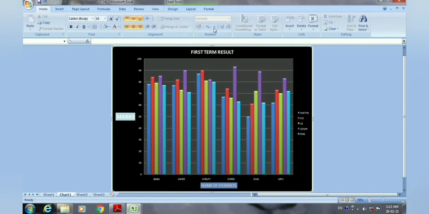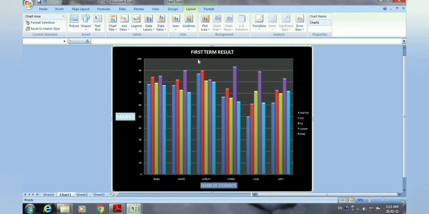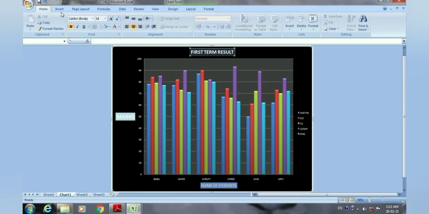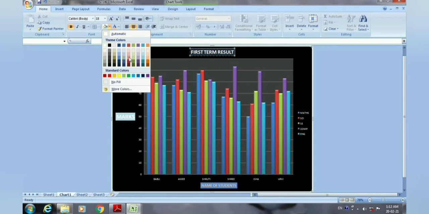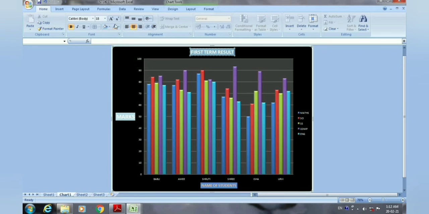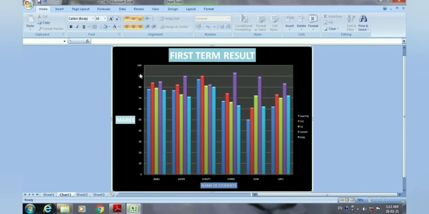So here we have set the chart title, axis title, and our first term result. So in the first term result also we can apply the formatting, select it, go to the home tab, change the fill color there, and here you just increase the size of it. So here the name is first term result, you can see over there.